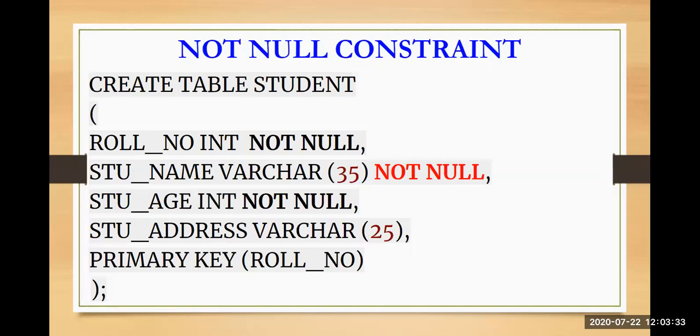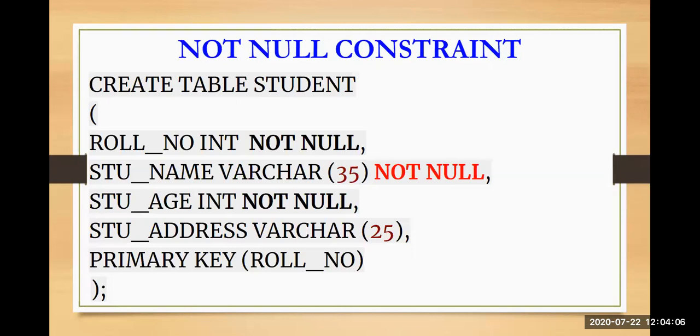Whenever I talk about the not null constraint, this constraint makes sure that the column will not have a null value. Whenever you don't provide any value for a particular column while inserting a record into a table, it takes a null value by default. So when you specify the not null constraint, it will make sure that a particular column cannot have a null value. Here in this example, my roll number cannot be null. My student age cannot be null. So I have taken these two attributes which cannot be null.